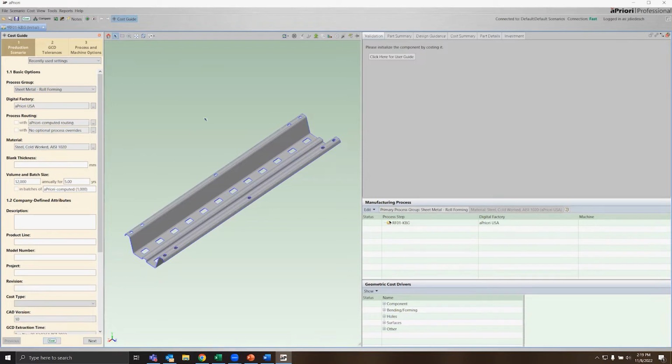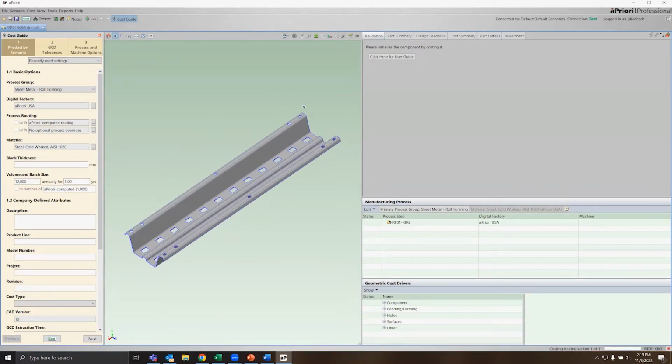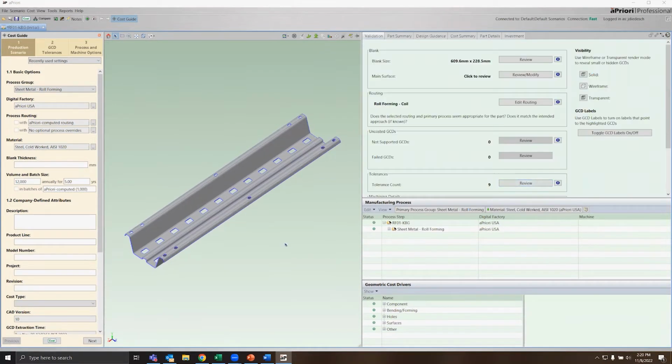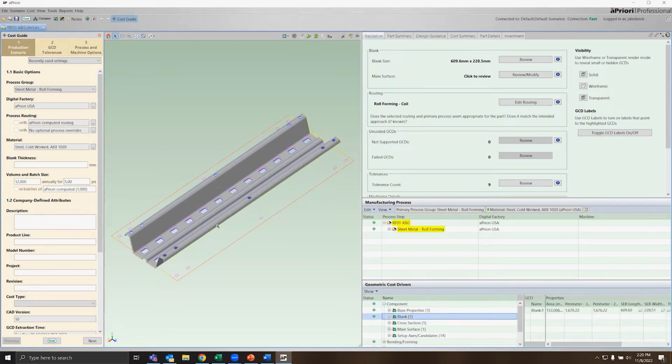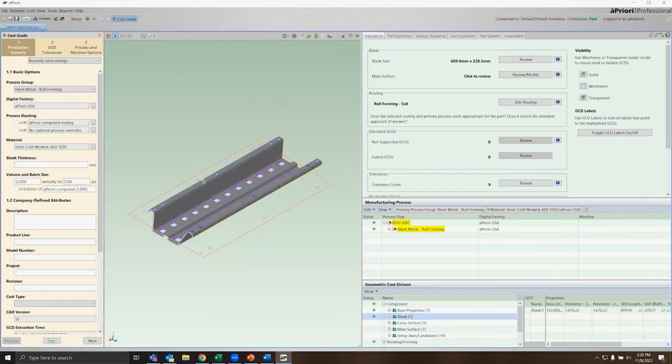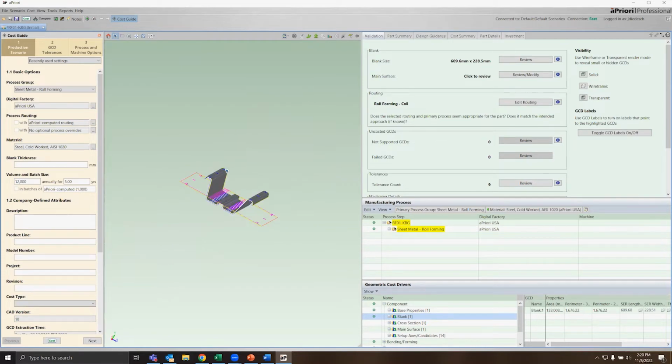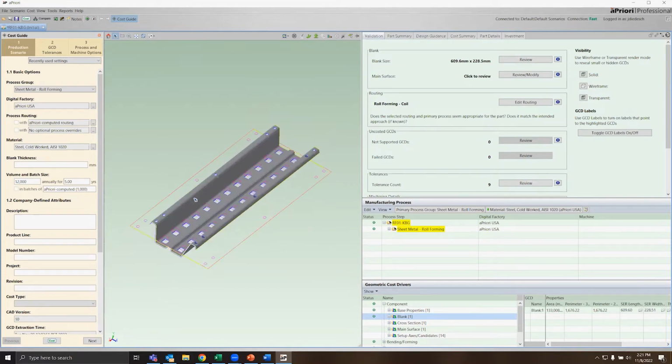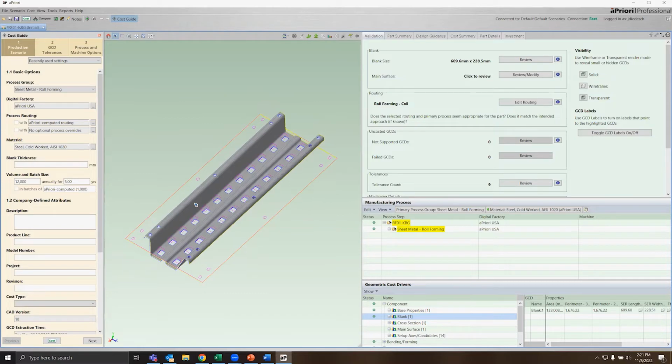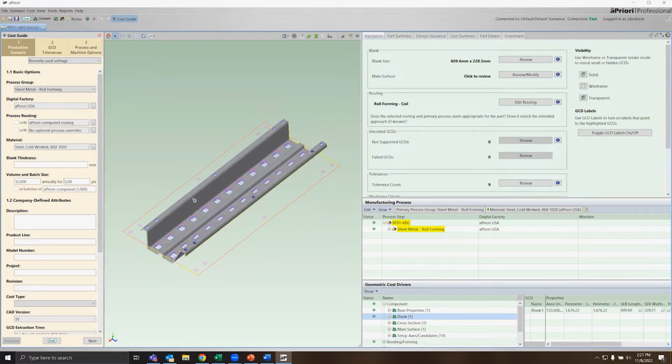So I'll go ahead and analyze this part and come up with my result. Let's go ahead and start investigating the geometry of the roll forming process. If I click on components, I can go into my blank, and what you're going to see on the screen is aPriori is going to unfold the roll forming process into its flat shape that it comes off of the coil. I can also go ahead and click on the cross section, and it's going to show me here